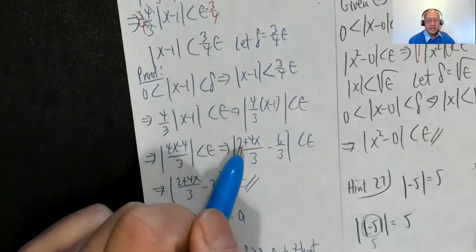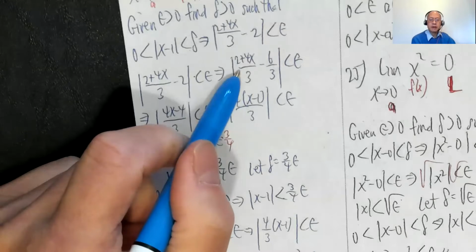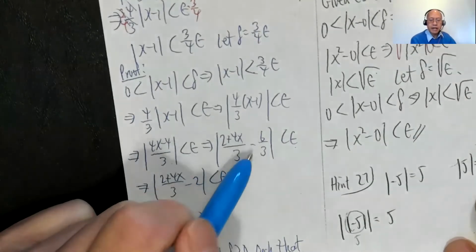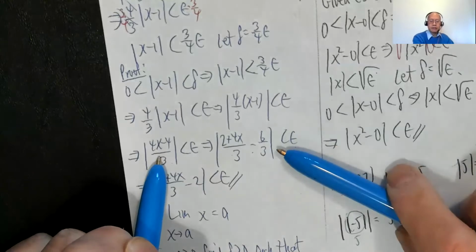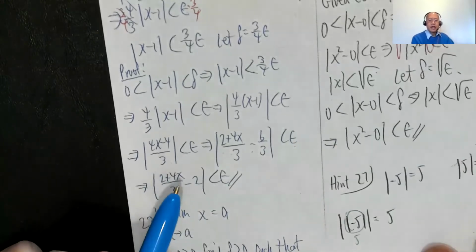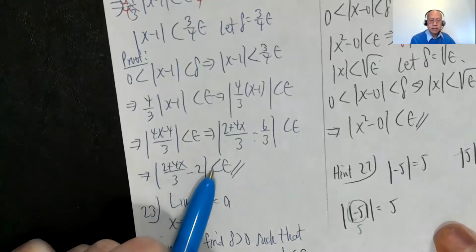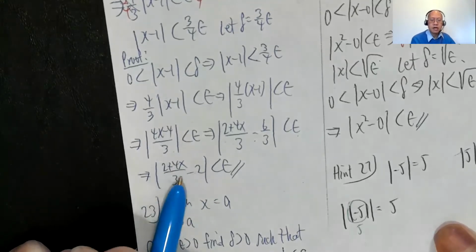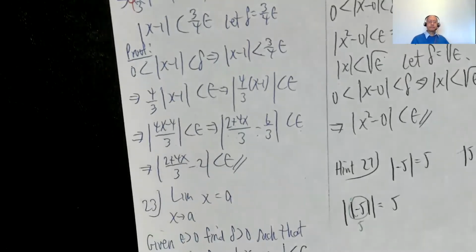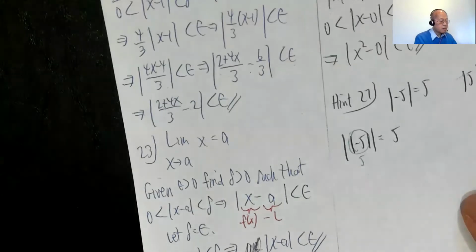And then the next step, again, is a step you would normally never make in algebra, but you're forced to retrace your steps by the rules of the game. So I go ahead and write it as 2 plus 4x over 3 minus 6 over 3. This is certainly a true statement, right? If you clean up that algebra, you get that. And then I have what I want. I have the absolute value of f of x minus L is less than epsilon. So the absolute value of 2 plus 4x over 3 minus 2 is less than epsilon in the proof. Okay,